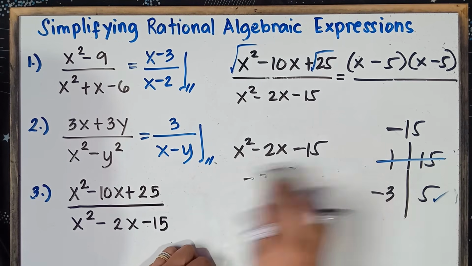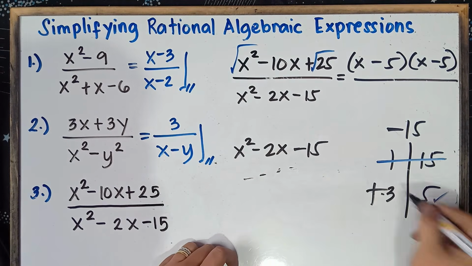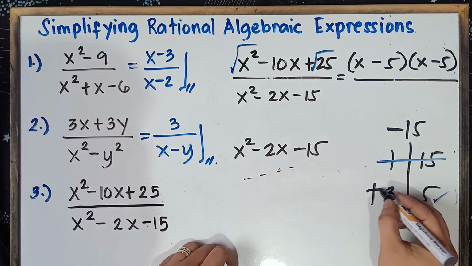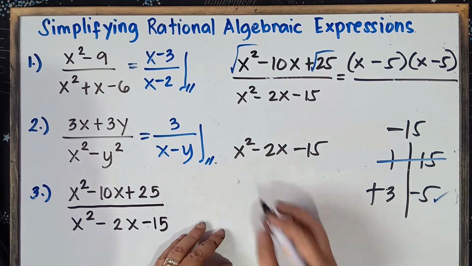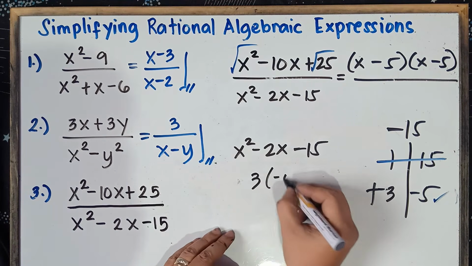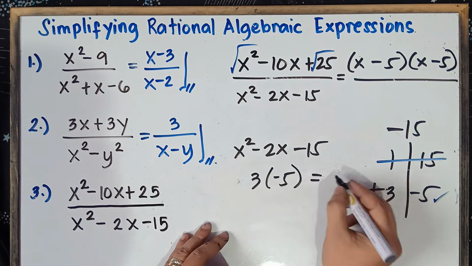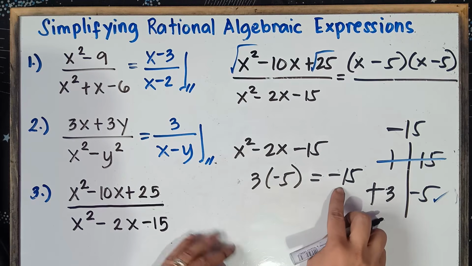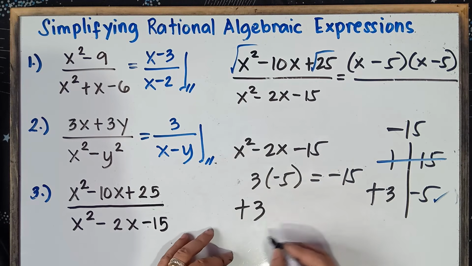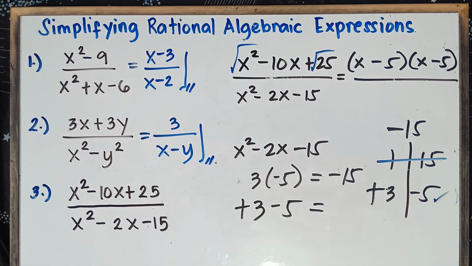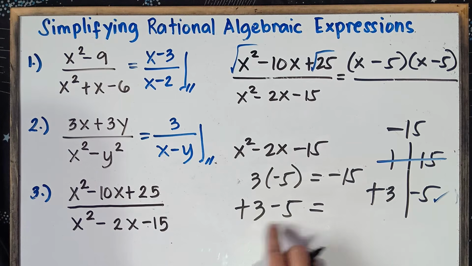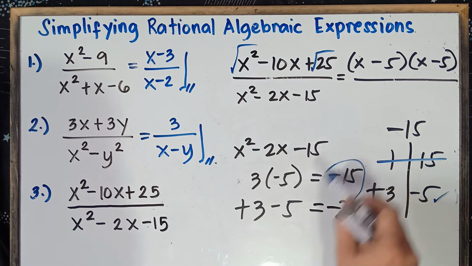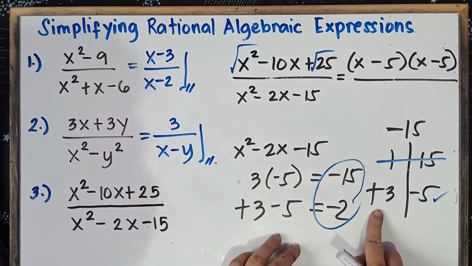So, how about if we interchange the sign? Let's have positive 3 and then negative 5. Positive 3 multiplied by negative 5. Positive times negative is negative. 3 times 5 is 15. So therefore, positive 3 times negative 5 would be negative 15. If we combine positive 3 with negative 5, if the signs are not the same, subtract: 5 minus 3 is 2. Now 5 is greater than 3, we copy the sign of 5. So that would be negative 2. Yup, we can get this answer, class. So it should be positive 3 and then negative 5.